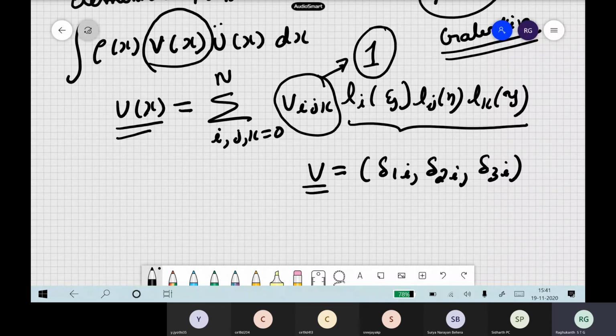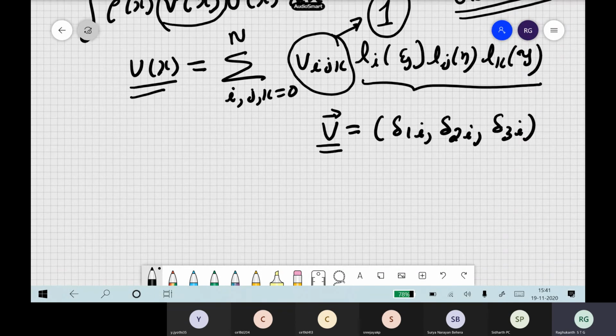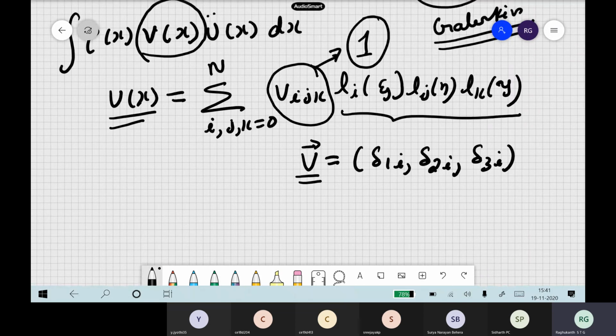So everywhere it is 0. When i becomes 1 only, it becomes 1. Other things are all 0. Then 0, 1, 0, then 0, 0, 1 kind of a thing. So this is my test function actually, which we take the same as in Galerkin. And the polynomials are the same as our Lagrange polynomials. And the same Lagrange polynomials are also used to represent the displacements and all other quantities itself. Okay, so this way we write.